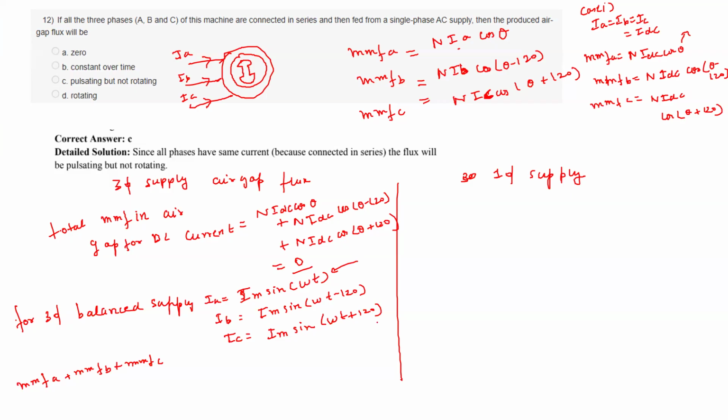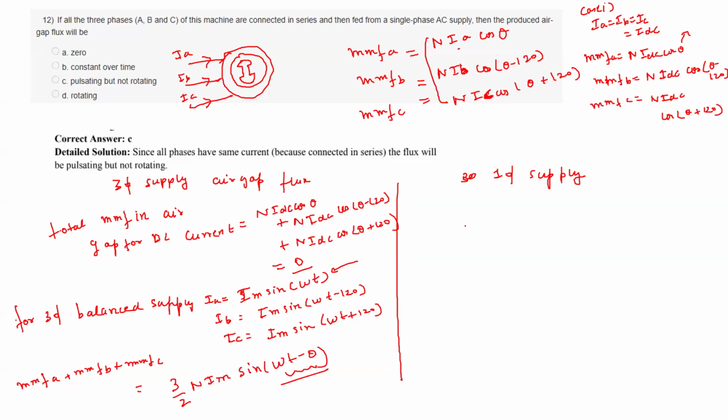So in this formula, you can replace IA, IB, IC with these currents, and if you apply trigonometric identities, you will see it comes out to be Mm sine omega t minus theta. So you can see that it is sinusoidal and it is rotating in space. So your MMF normally is sinusoidal with time and it is also rotating in space. That is the situation of the MMF normally.